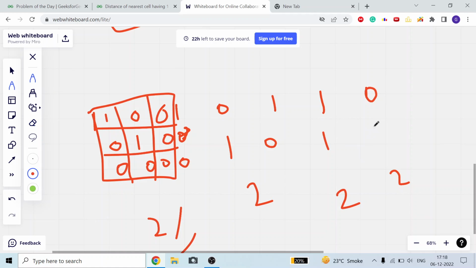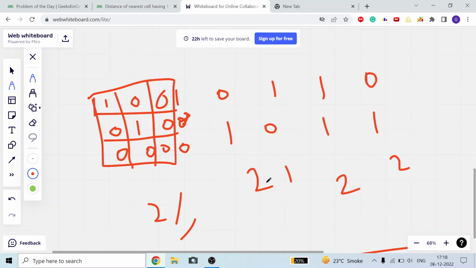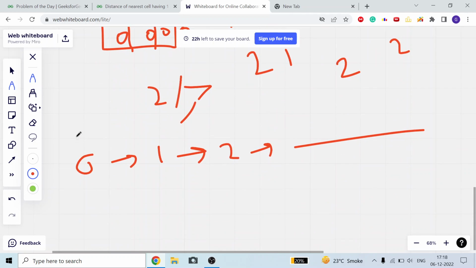Okay, so this is the cell. This is what it looks like now. Here it will be 1 0 1. This is the cell. At this position you can see all have some values, all have some distance from 1, so my queue will become empty. It means I do not have any cell with distance greater than 2. It means I will traverse the queue for distance equal to 0, for distance equal to 1, and for distance equal to 2. But when I see distance equal to 3, my queue will become empty.